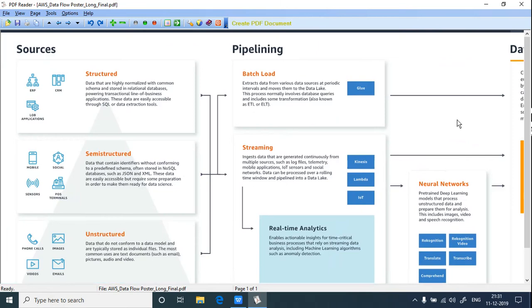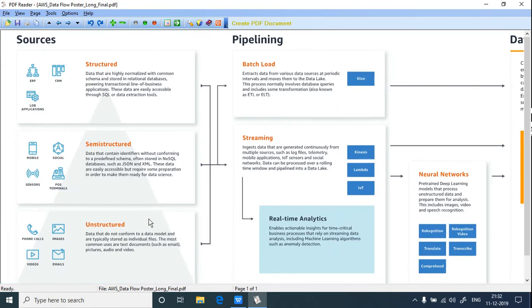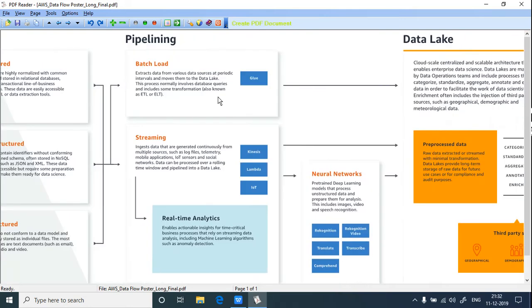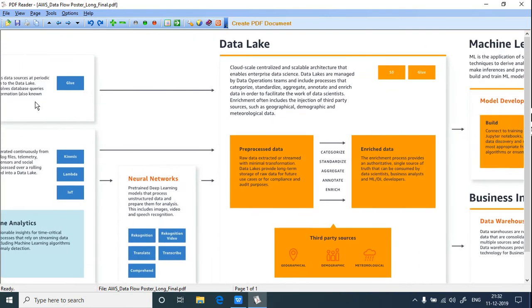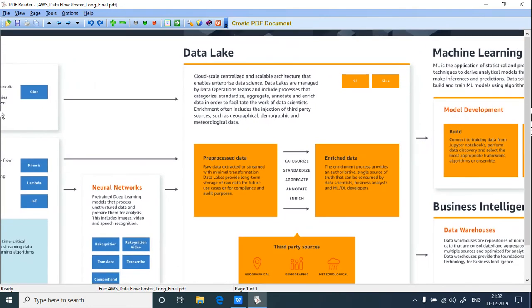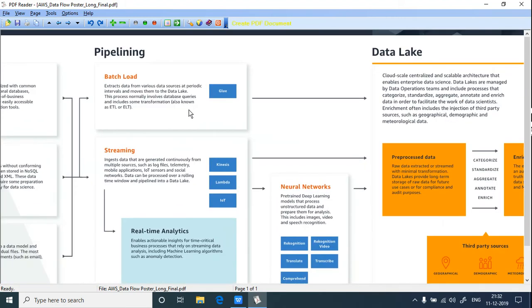You can see them. And when it comes to unstructured data, yes, phone calls, videos, emails, images also can be pushed to databases. This kind of data can also be pipelined through data pipeline, and it can be used for different things, like using the data lakes, as machine learning or business intelligence tools can use it.